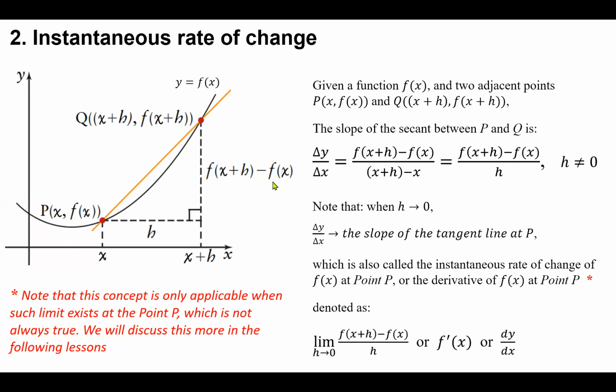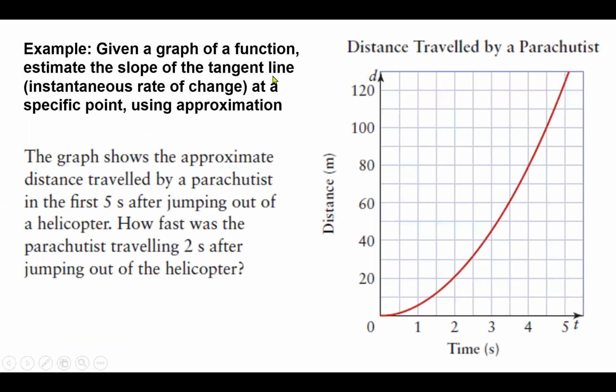Okay. So next, let's have a look at some examples of the instantaneous rate of change. Okay, first example, given a graph of a function, estimate the slope of the tangent line or instantaneous rate of change at a specific point using approximation. The graph on the right shows the approximate distance traveled by a parachutist in the first 5 seconds after jumping